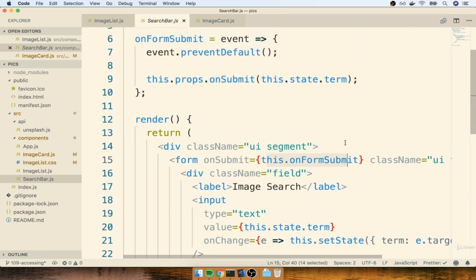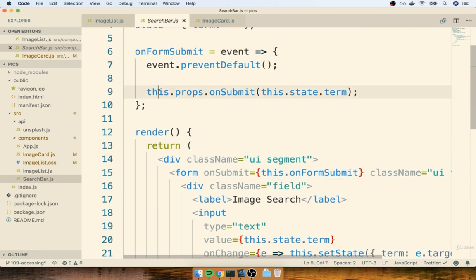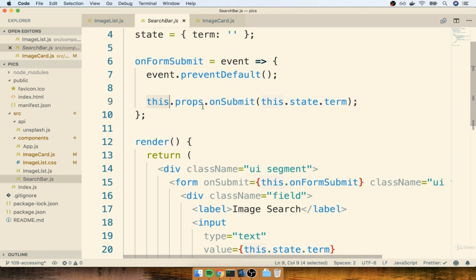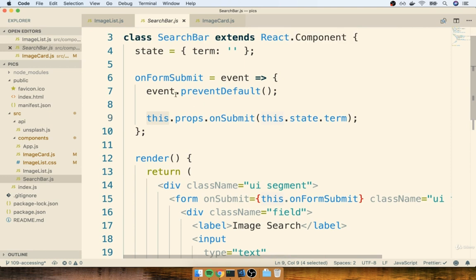One huge issue that we ran into around these callback functions was the value of this inside them. And as you saw by one of the later errors that we ran into inside the app component, this is an issue that is not going to go away. It's something that you always have to be aware of because it's going to rear its ugly head, so to speak, on just about every project you work on. Remember, in general, the rule to keep in mind: anytime you have a callback function, just to be safe, you can use the arrow function syntax. That's going to automatically bind this function and make sure that it always has the appropriate value of this inside of it.